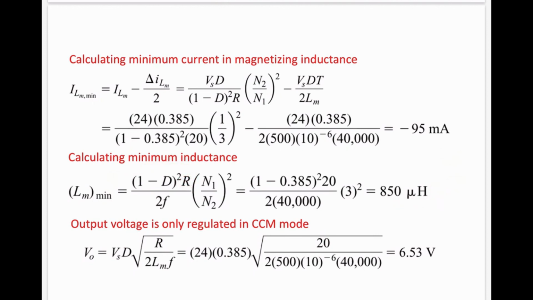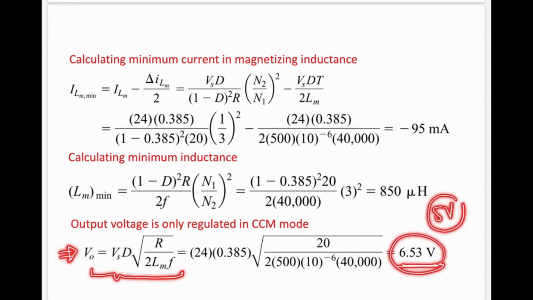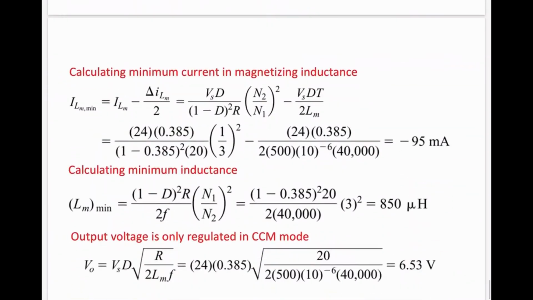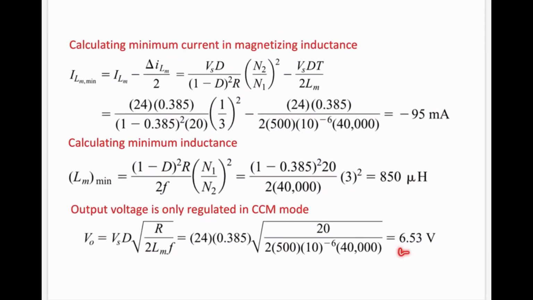And for this, as our circuit is in the discontinuous conduction mode now, using the expression for the discontinuous conduction mode, our output voltage is 6.53. What was our required voltage? 5 volt. This you can see over here. Is it 5 volt? No. So it means our circuit is not regulating the voltage. If we keep the inductance less than the required inductance to keep our circuit in the continuous conduction mode, our circuit goes into the discontinuous conduction mode, and then it will not be regulating the voltage. It can only regulate the voltage in the continuous conduction mode.